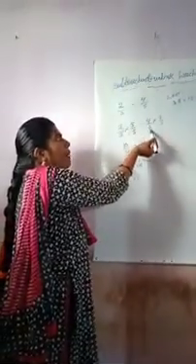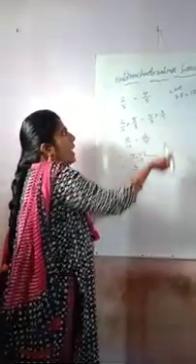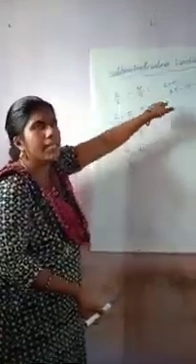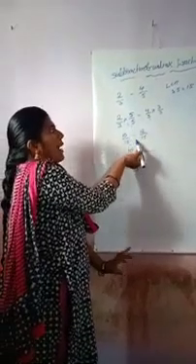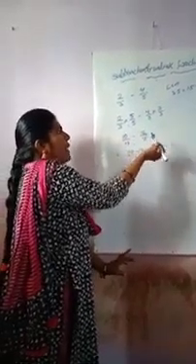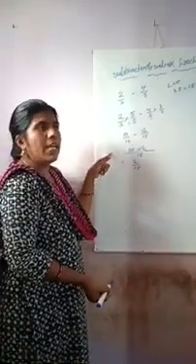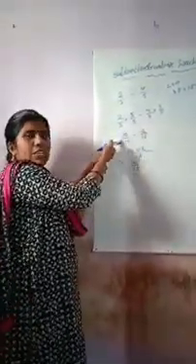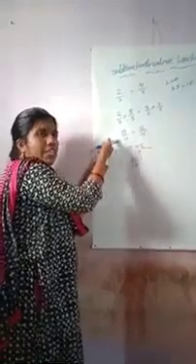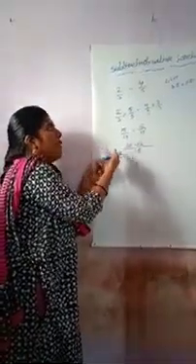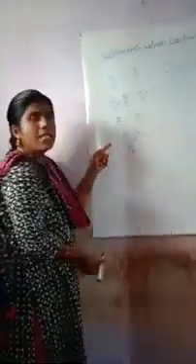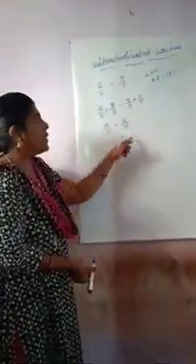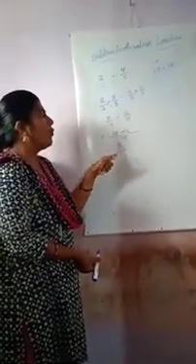Next fraction, 4 by 5, multiply the numerator and denominator by the same number, 3 by 3. 2 5s are 10. 3 5s are 15, minus 4 3s are 12. 3 5s are 15. Children, observe, we get like fractions. So, subtraction of like fractions: the denominator is the same, the numerators you write down. 10 minus 12, how much? 2 by 15.